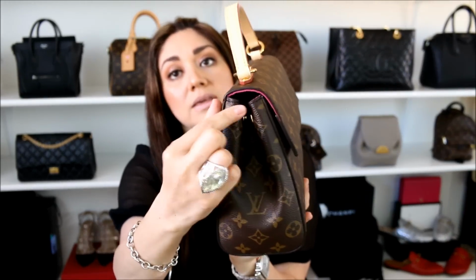And another thing that does come to mind is I wonder if maybe because this does have the textile lining versus the microfiber, it's not as thick. I wonder if that'll end up helping it over time so that it doesn't end up having that glazing issue or that cracking issue. If any of you guys do own the Cluny BB in the Monogram, or if you also have it in the Epi Leather, let me know in the comment section down below if you've had any issues with glazing or with cracking on the side here,